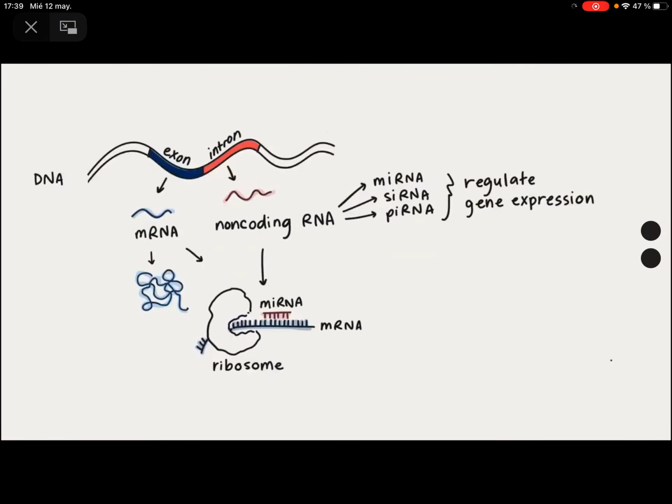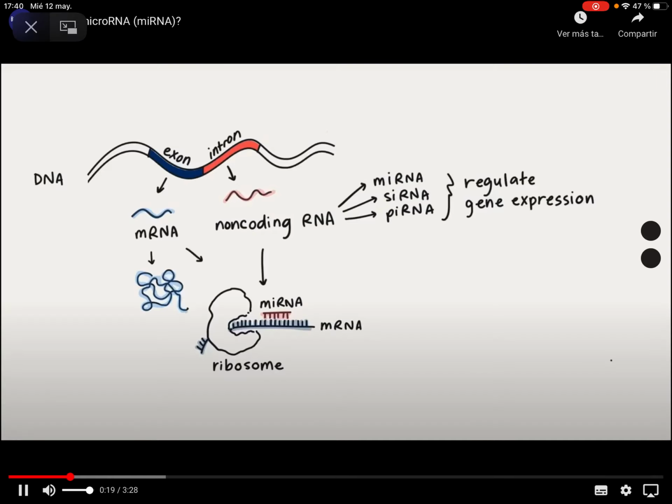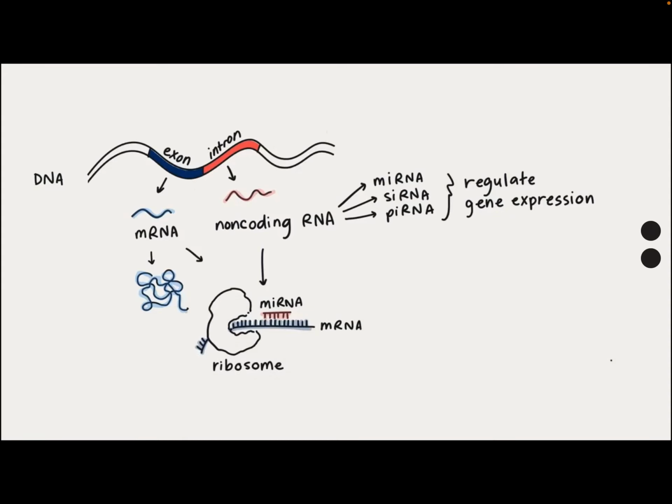At one point, people believed that introns, the non-coding part of our DNA, were just junk DNA. We thought they had no purpose. We know now that this is far from the truth. Recent research has proved several other types of RNA exist besides the messenger RNA that codes for proteins. Small non-coding RNAs produced in the non-coding part of the DNA were found to be extremely important for gene regulation